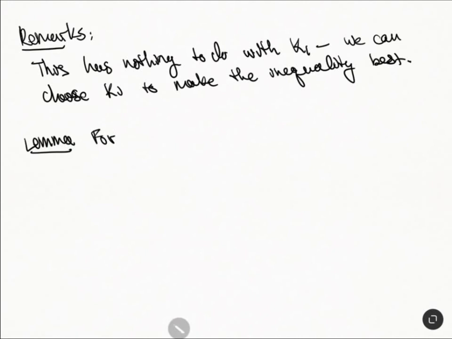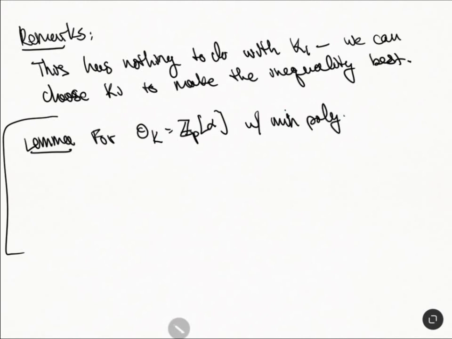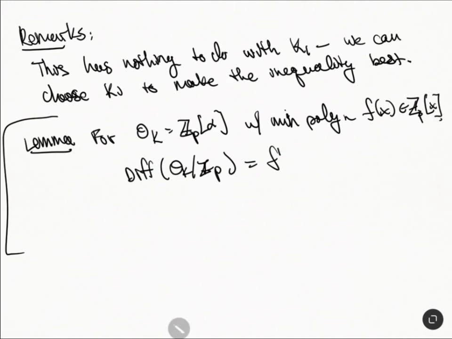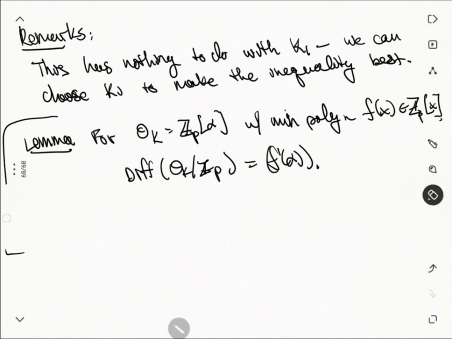So I guess I wanted to say how this relates to the different, because we're going to apply this in the context of the different later. So for O_K equal to Z_p[alpha], with minimal polynomial f of x in Z_p[x], monic, and this always can be arranged, the different of O_K over Z_p is equal to f prime of alpha. I should say that,